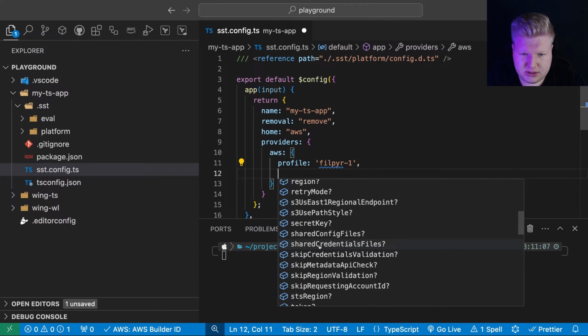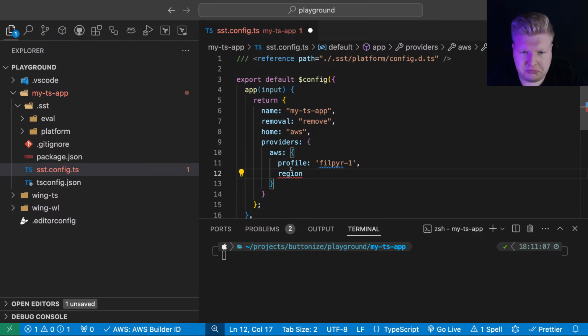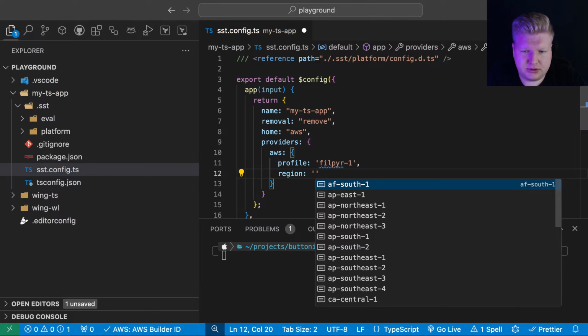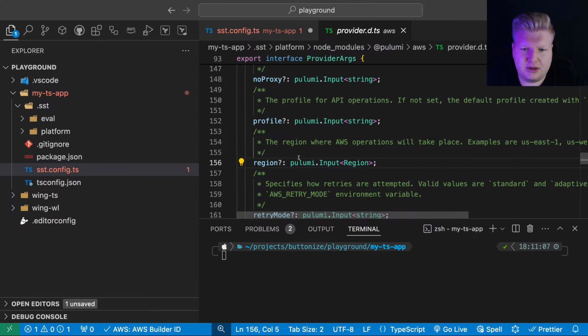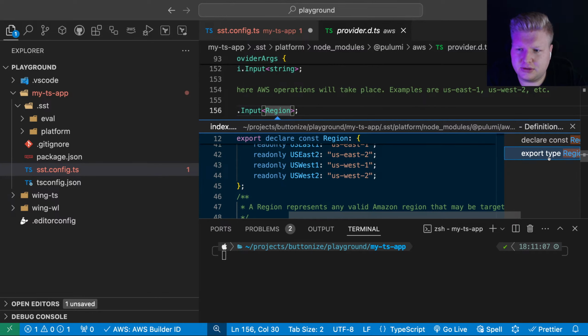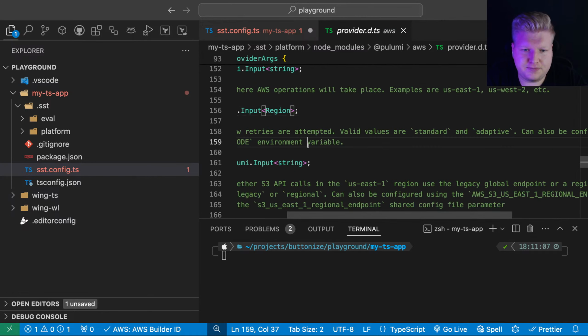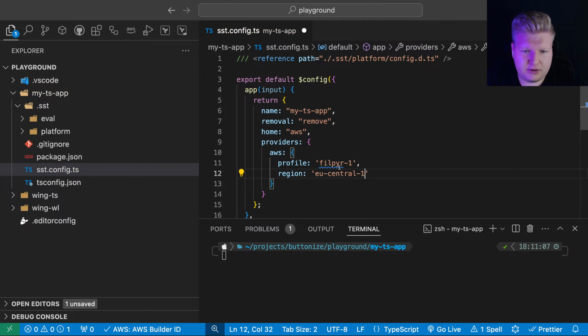What else do I want to set up here? Let's try region. Yeah, regions. Oh, okay. This is a nice touch, having the list of regions. Where do they get it from? Pulumi input region. Who's defining region? Pulumi. Okay. And I am in EU Central 1, Frankfurt.